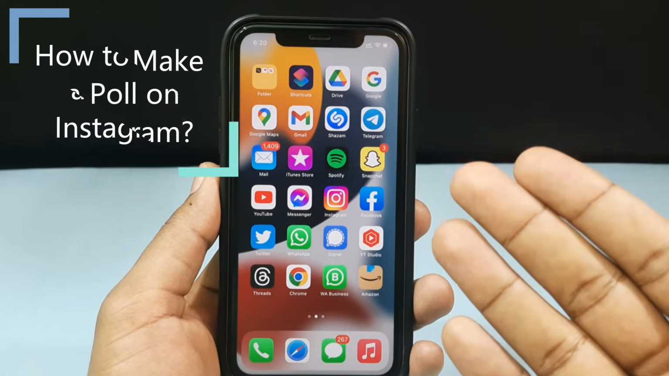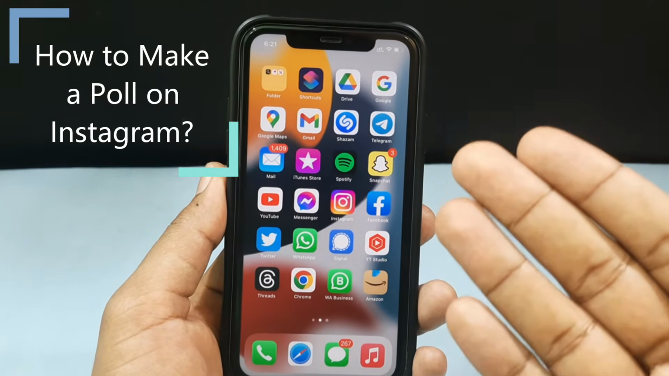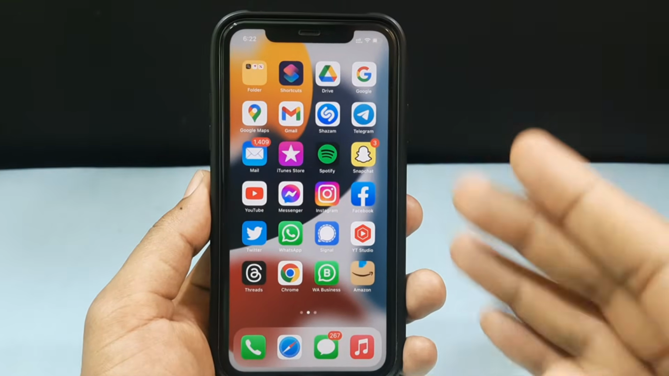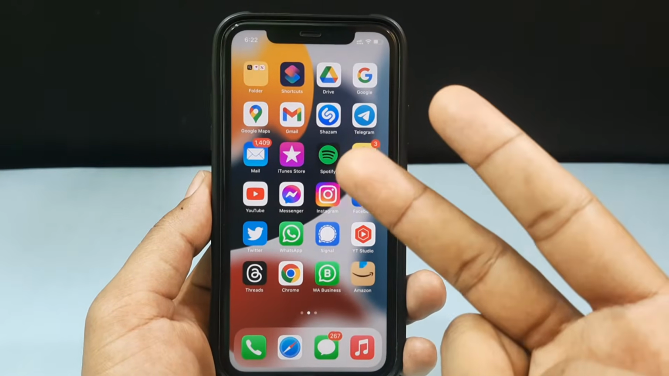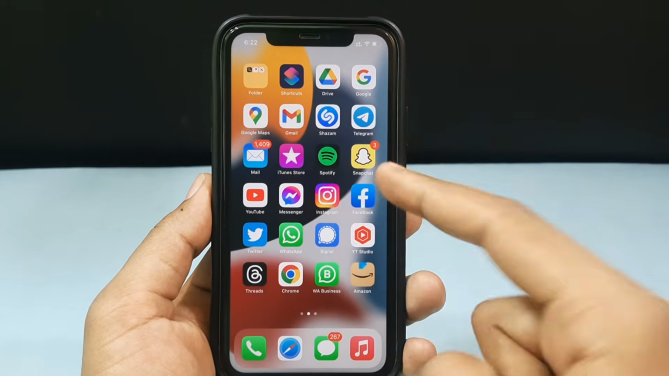This quick video is about how to make a poll on Instagram, and this process will be the same for both iPhone and Android phone. Actually, I'm going to show you the two ways. Okay, first way, just open your Instagram app